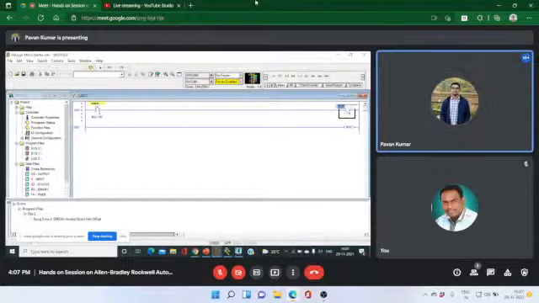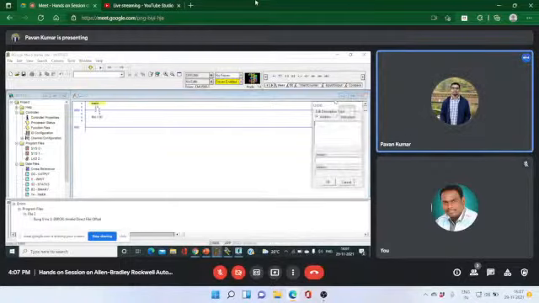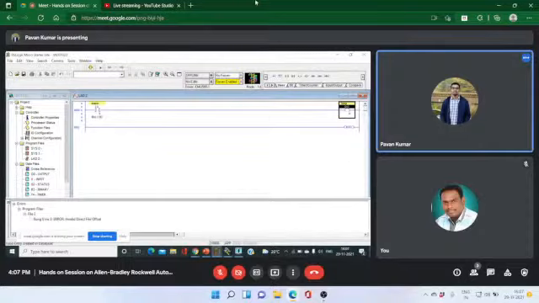Sorry, the output address is O:0, but in the last case, I had given O:0. Let's take this enable, for example, we consider as a lamp. For this logic, when an enable bit is on, the lamp should go on.